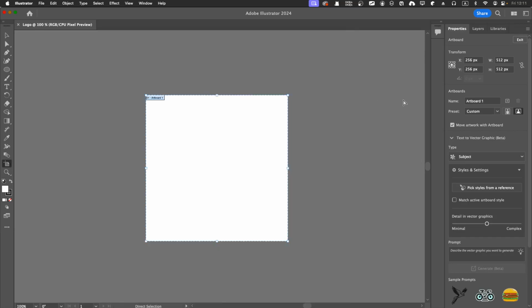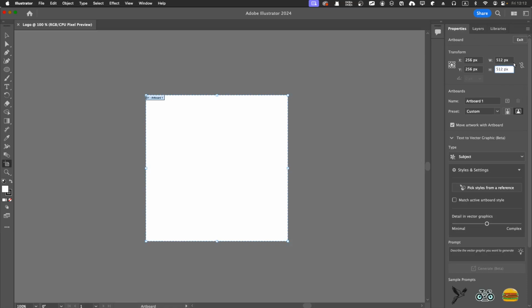Let me zoom out a little bit. You can use Command and minus to zoom out. You can see that you select this, and the whole canvas in Illustrator's jargon is called an artboard. I don't know why they call it that. It's like you are creating art and you've got to use your board to create it. I'm not sure, but if you select this and say you want to change it later,